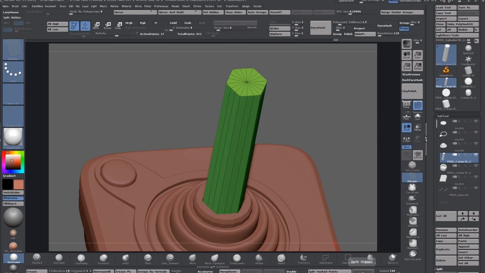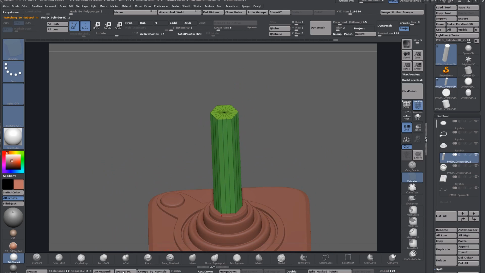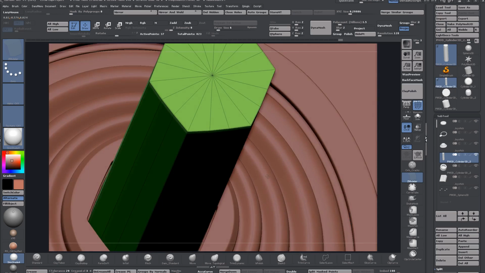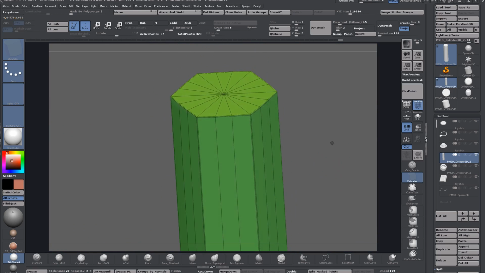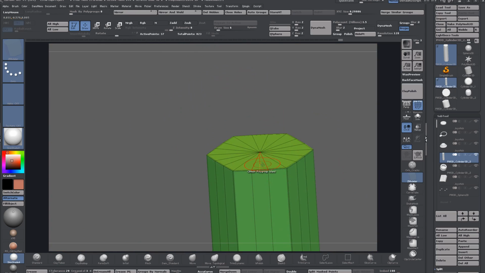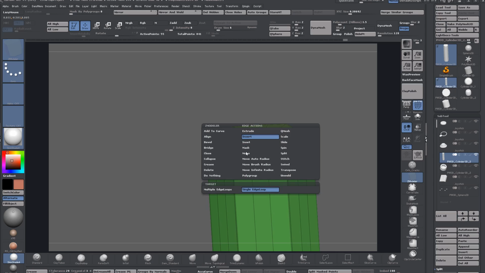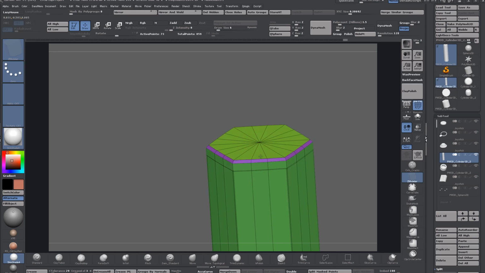And then we can say split hidden and alt click on that, D for dynamic subdivision, alt click on this to make that active. And now we can crease here with our angle tolerance. You can drop it down quite low to maybe just under 30 and crease, and they all fell within the threshold, so they all get creased. And then we can just QMesh this up, and we can bevel this. This has kind of a sharpish bevel on it, so we can bevel that,